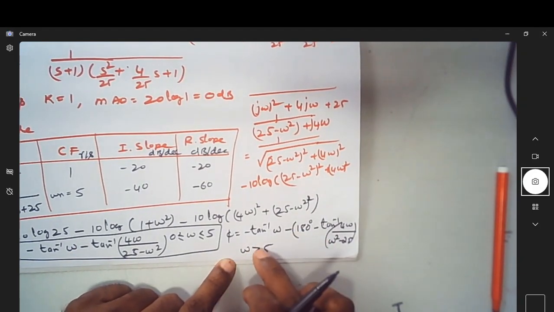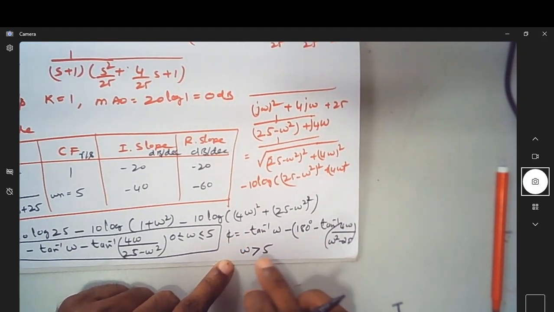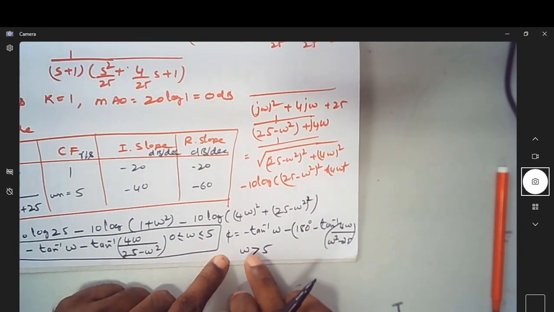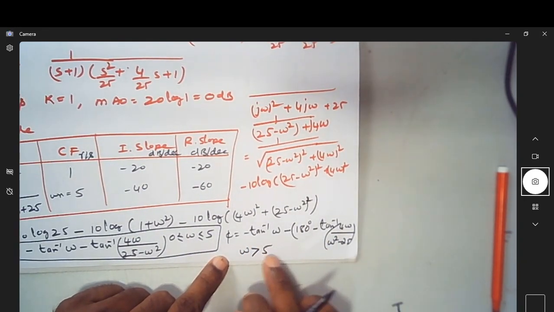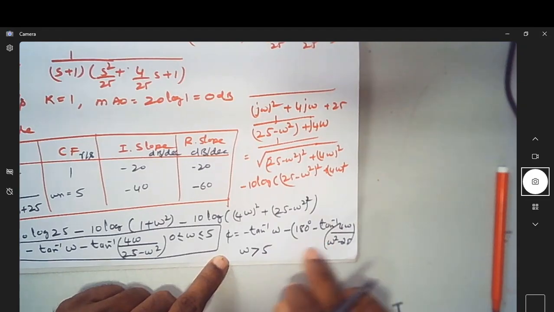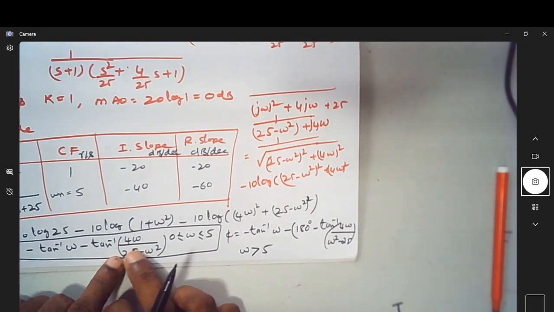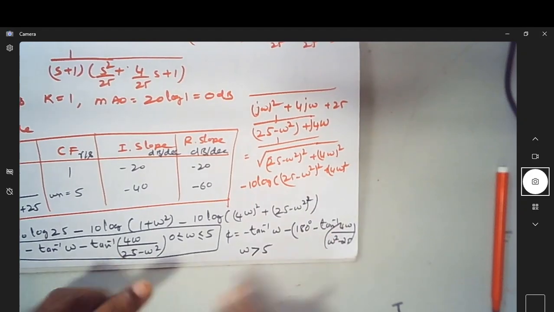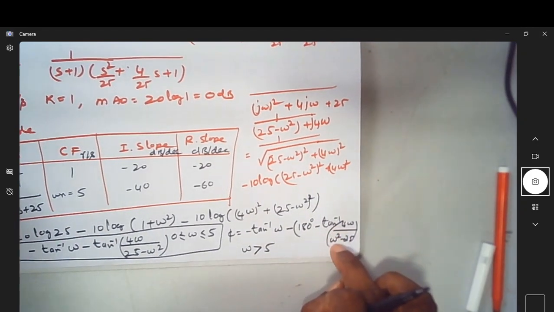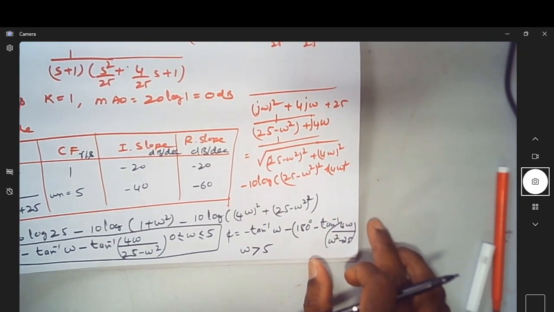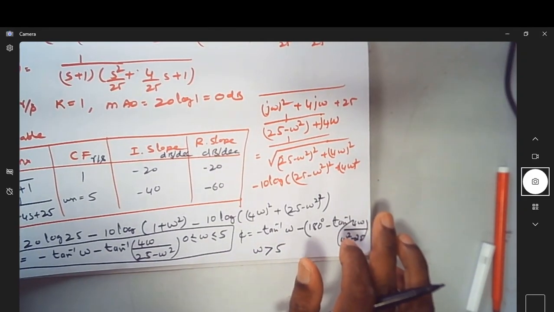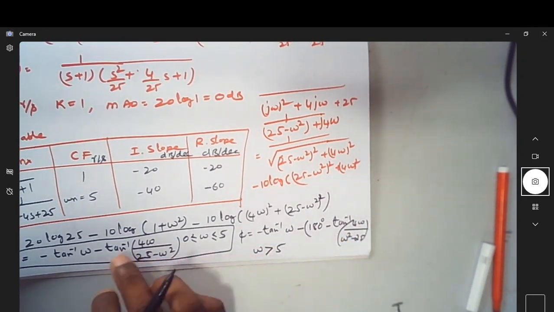There should be a separate equation for phase for values of omega more than 5, because when it becomes more than 5, this quantity will become negative. So it will be 4 omega by omega square minus 25. Let us try to plot the graph, and find omega PC, omega GC, and ultimately the